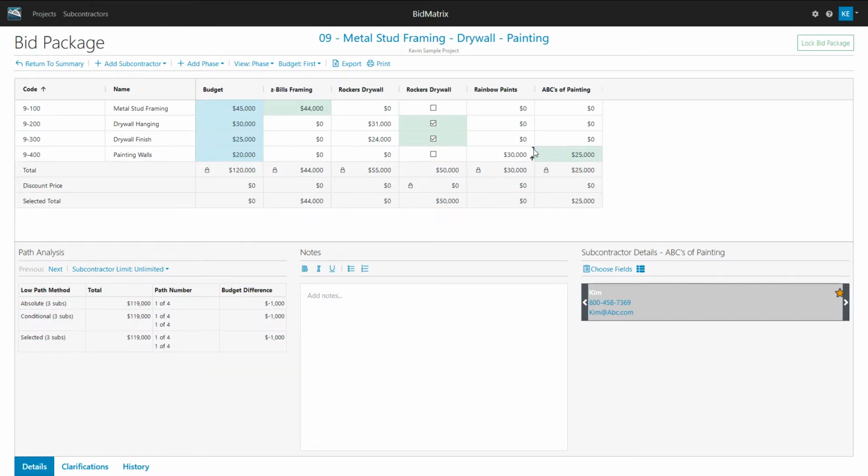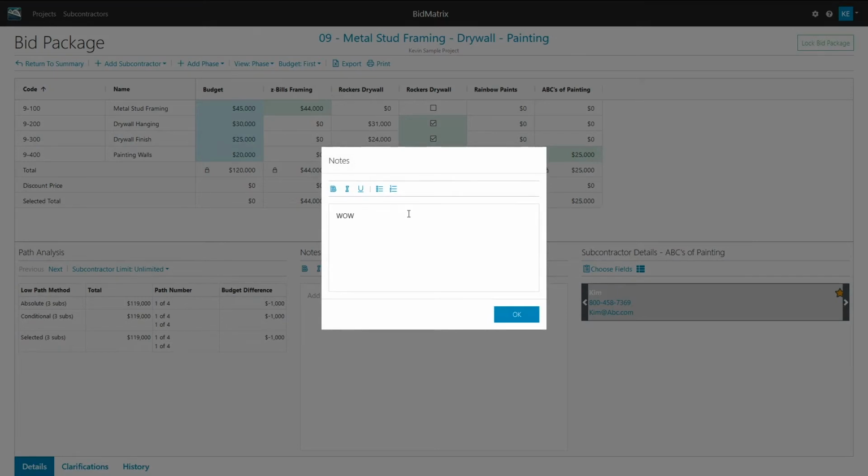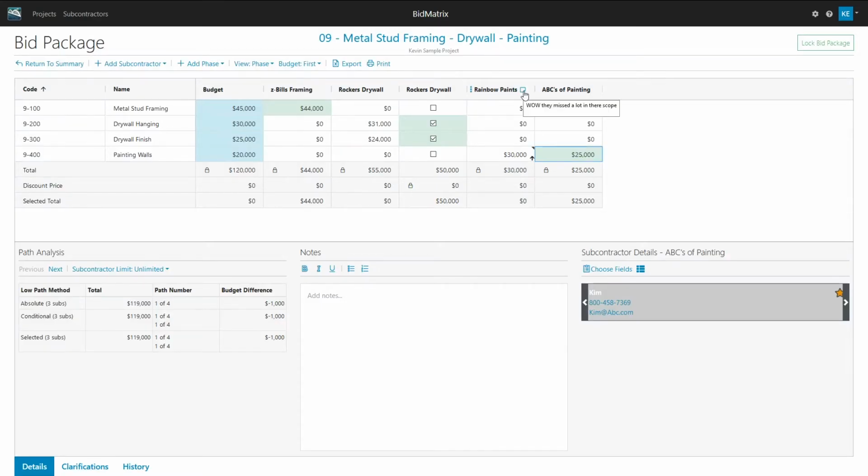And then this little notch here represents a note. So if I put a note on the sub, those show up as a little symbol here at the side. So that's what it looks like. And again, if I hover over it, it'll tell me whatever I put in there. So if I want to put something on a particular cell, like in cases where I've got multiple dollars and multiple things I want to put notes on, I can put it on the phase itself, or if I want to just put it up at the top.